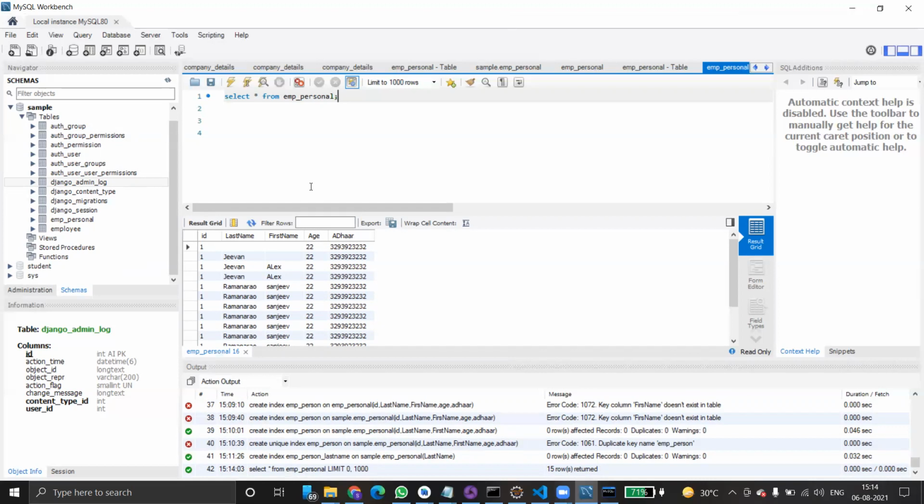Hope we are clear about this MySQL. So far we have discussed constraints. Under constraints, we have discussed how to use primary key, unique, not null, how to create indexes, how to use default values, and so on. One more thing I want to discuss: views. Once we complete views, then you can get into Selenium advanced topics.